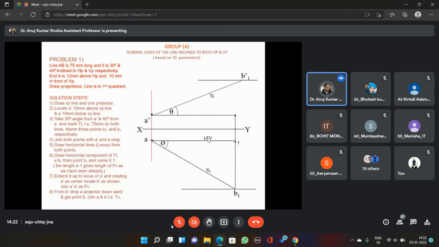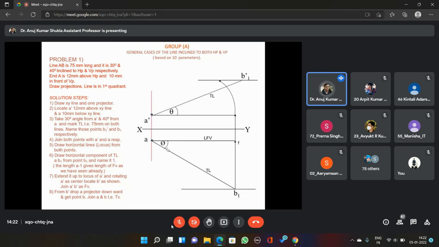Even if you are not following any procedure, you can tell this will be the component of what? Cos or sine? What will this be in terms of cos theta? Cos. So without using any tool, even you can tell. But in terms of drawing, you have to follow certain steps.